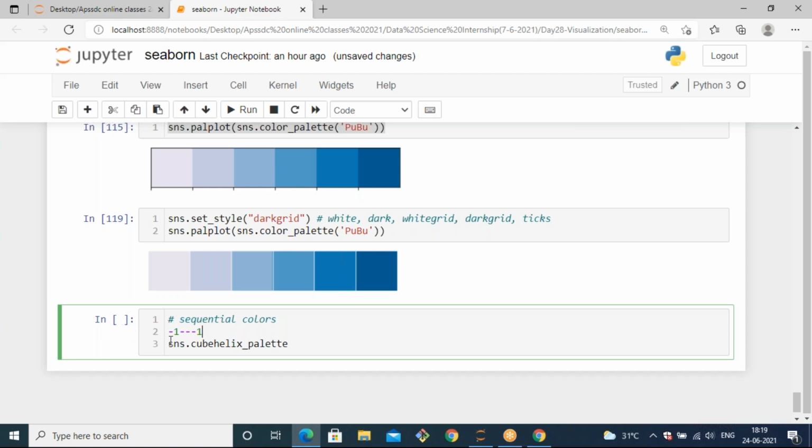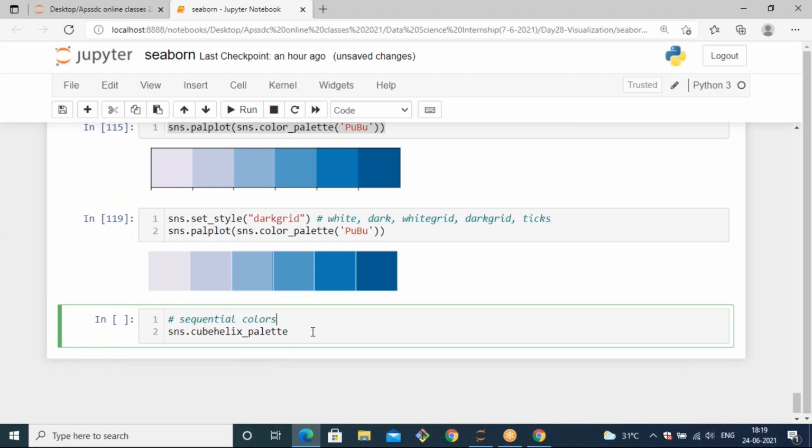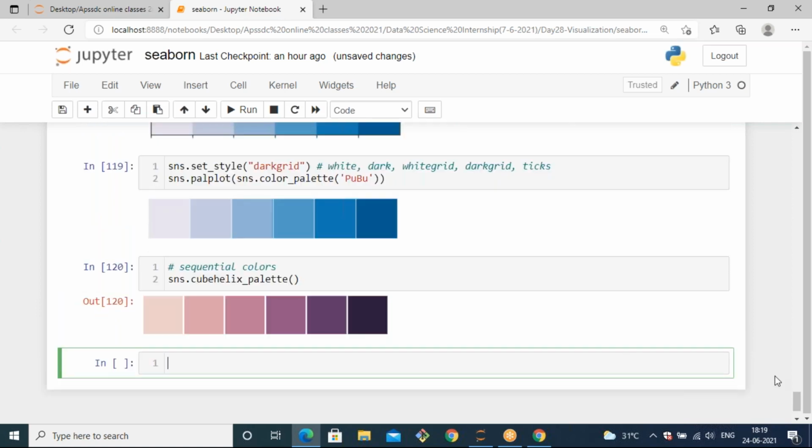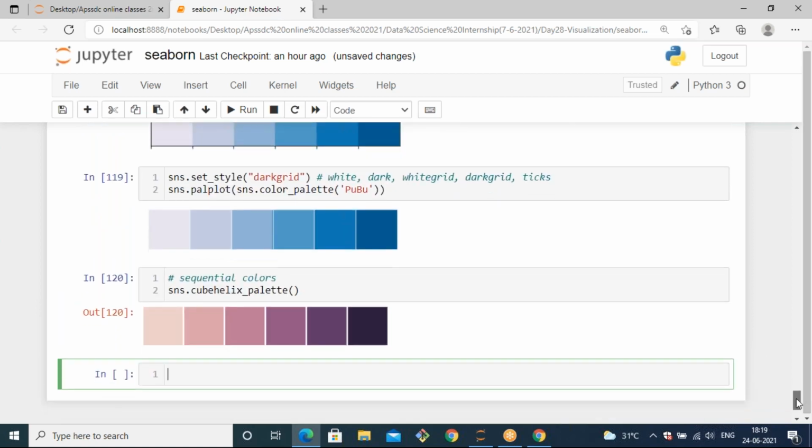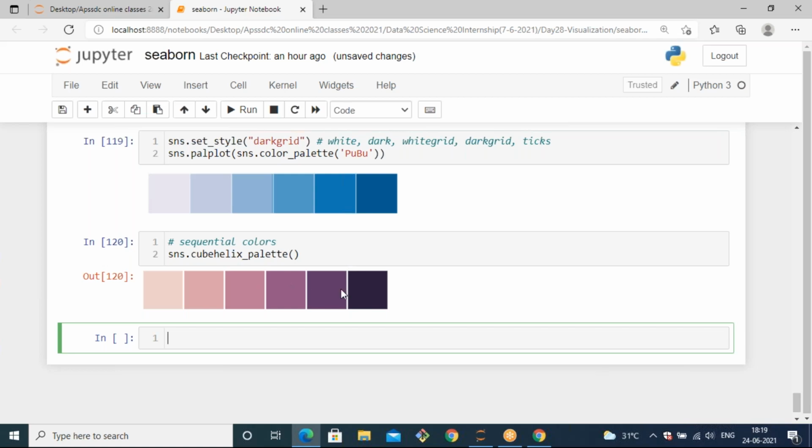So let's take low range as -1 and high range as +1. Like this, the data should vary. In cube helix, it will generate some kind of sequential colors from a low to high range. So you can specify the ranges that you want. If I mention cube helix, now you can observe that cube helix by default takes this kind of color combination, and the starting color has some low intensity, and the ending color has the highest intensity.